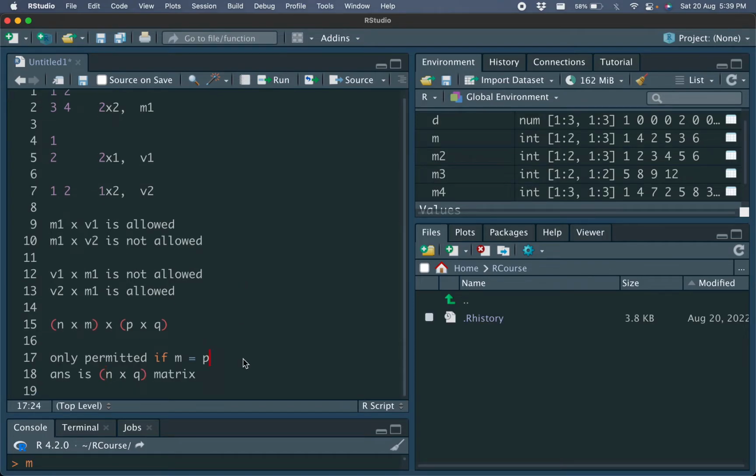Now again, why is that so? Why do we need M and P to be equal? So what happens in matrix multiplication is that an intermediate step is element by element multiplication followed by an addition. That element by element multiplication will only take place if the number of elements is the same